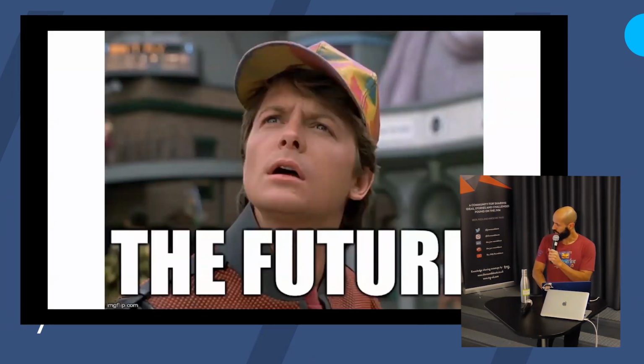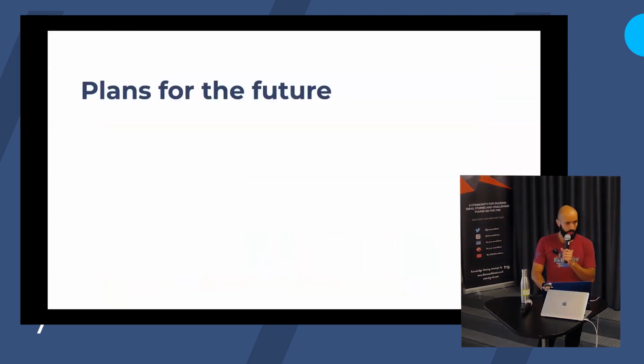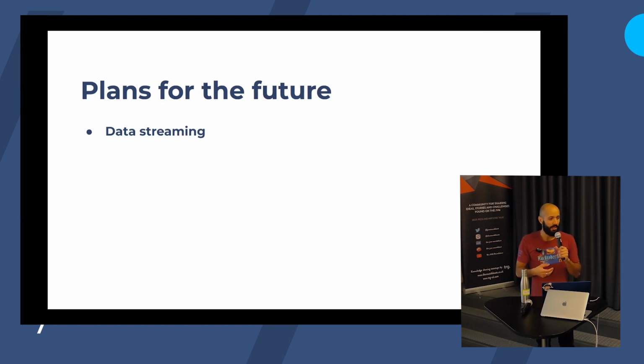The future. So plans for the future. Data streaming, I didn't talk about that, but we actually can stream some of the data. It's a work in progress. We're using that reactive Project Reactor. That's it, right? We have our implementation. What's funny, and remember I mentioned the type system in Java is weak. You cannot transform anything to anything. So it's painful. You have to implement your maps and flat maps yourself. I mean, it's hard work, but well, it's for the greater good, I think.